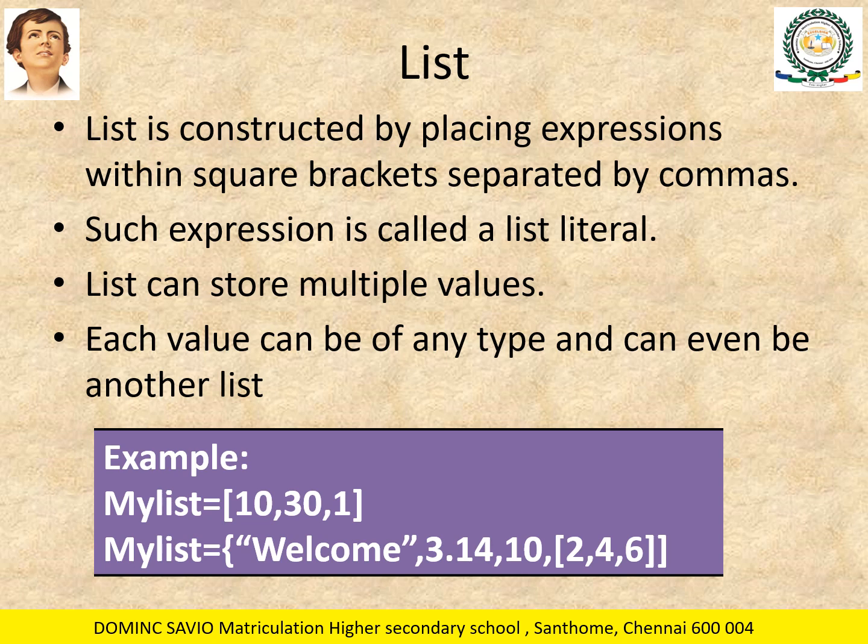So we'll see what is a list. Generally we place the list values in square brackets separated by commas. See, this is an example. I have written 10, 30, 1 into square brackets, separating the values with a comma. This type of expression we call a list literal.